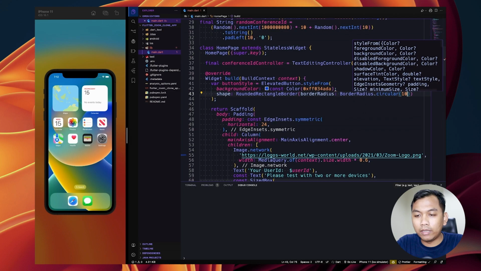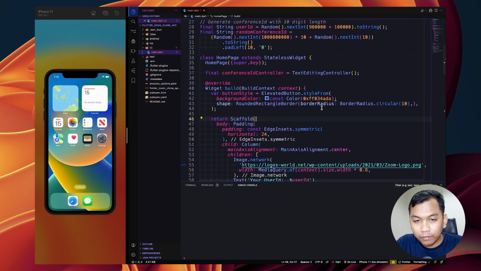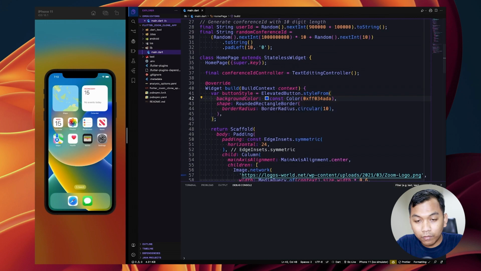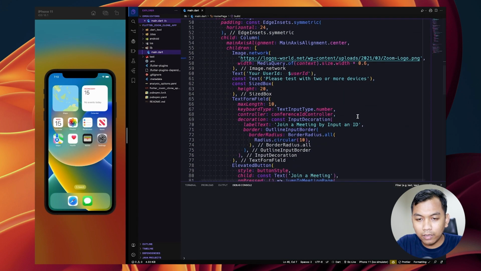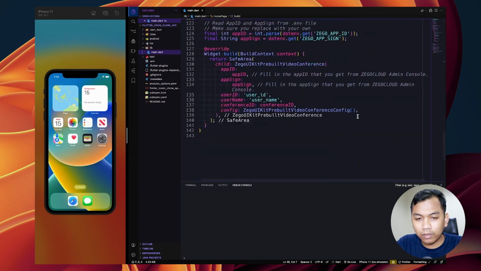The value will be 10. Look like this, so the error has gone.